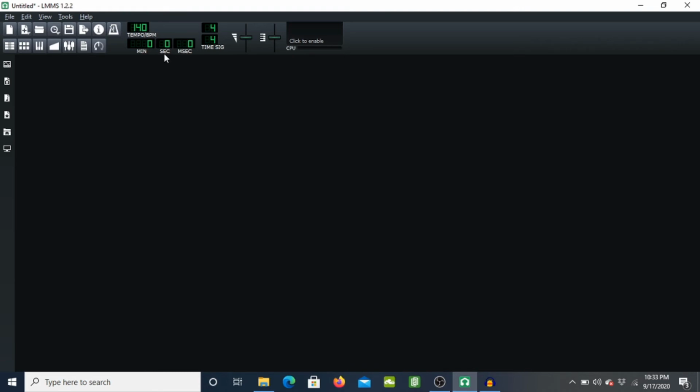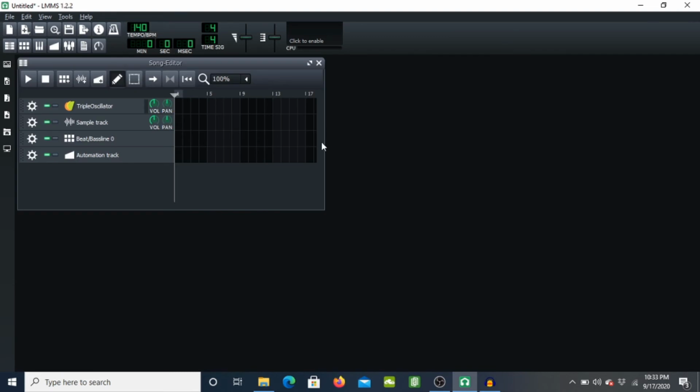Then down here there's Time Units, and this is used to measure time as a song plays based on the current position of the playhead. So as the song plays, it shows the timing, and you can click on it to change between minutes, seconds, milliseconds, and bars, beats, and ticks.